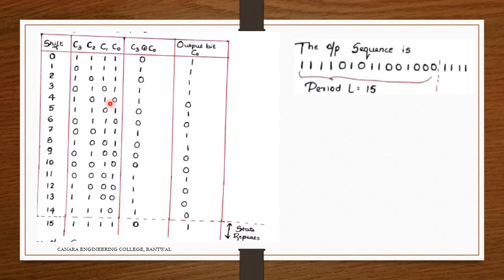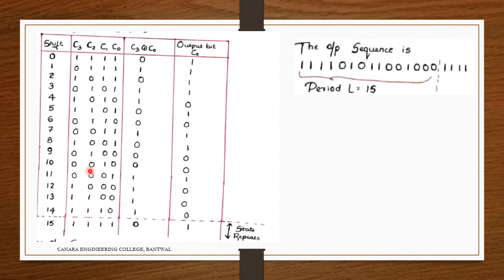So for here, this and this will be added, and the output bit. This and this will be added, output bit. Then shift here. This and this will be added, modulus 2, and this will be the output bit. This and this will be added, modulus 2, the remaining bit here, C0. So whatever the C0 will be here is being shifted here, and then what is the output of this modulus is used as the C3 input for this one, and next all the bits will be going to add